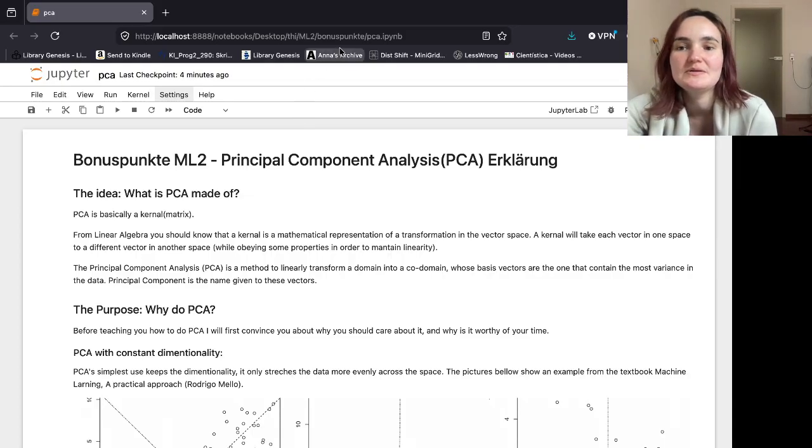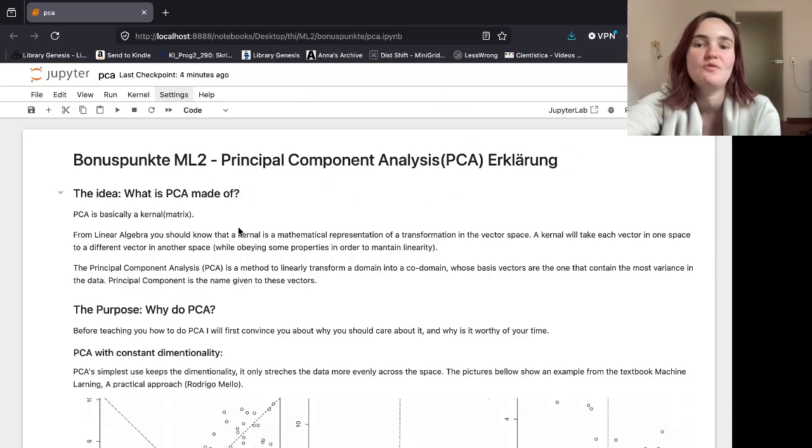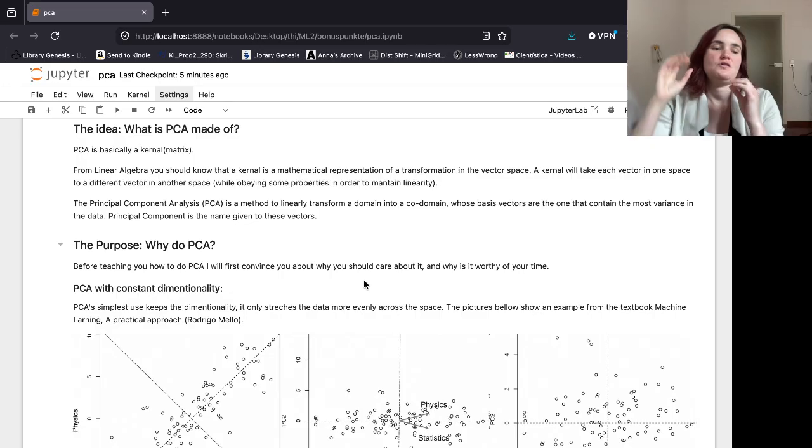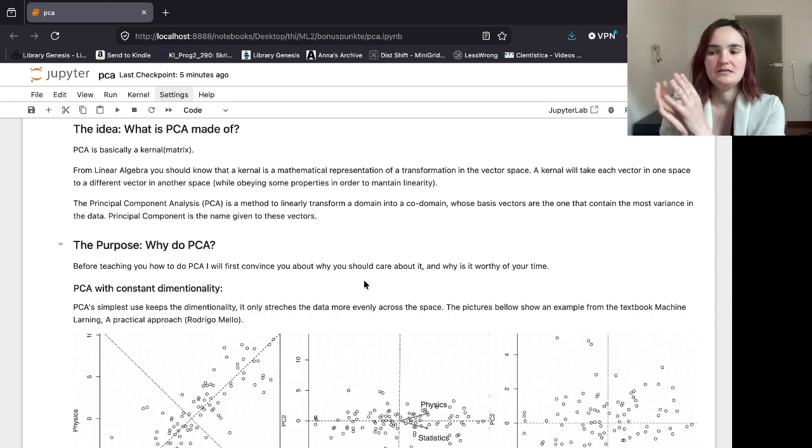So here we are, we're gonna talk about principal component analysis. PCA, so principal component analysis, is basically: we have a data set, and this data set exists in the vector space from linear algebra, and we are going to transfer